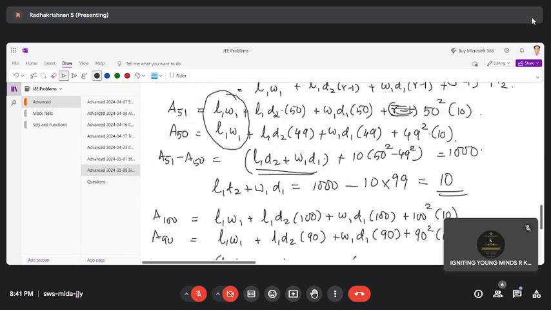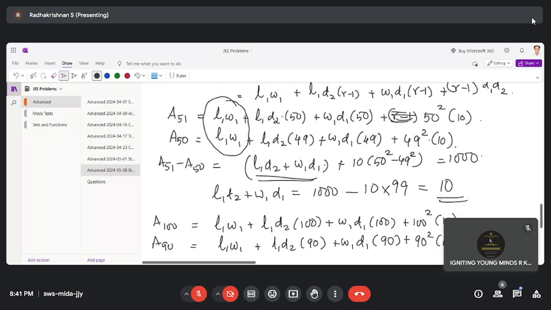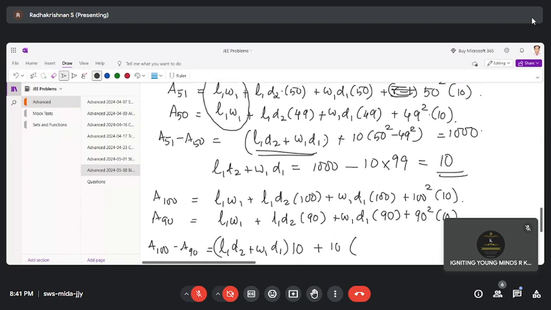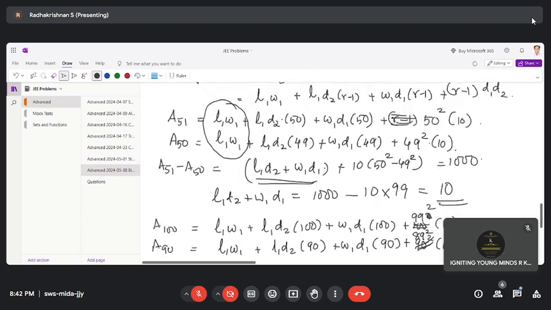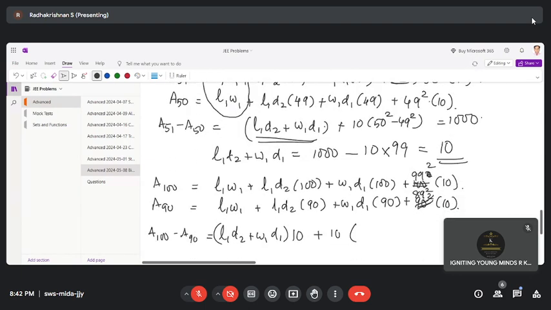I made a mistake. Yeah. Correct. 99 square. R minus 1 whole square, yeah? Correct. Thanks for pointing out. So this is L1 D2 plus W1 D1